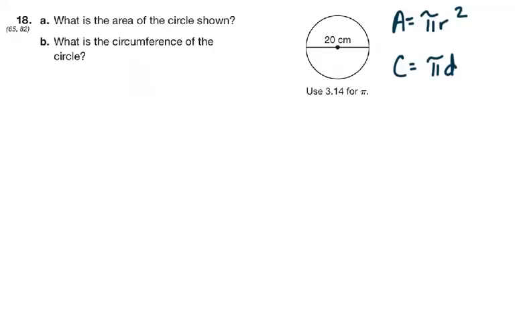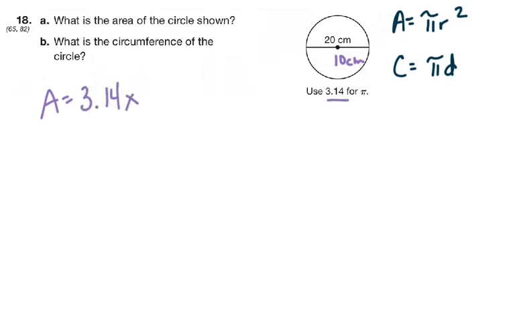All right, area of a circle. Hopefully you remember that's pi r squared. So pi r squared, well, they didn't tell us r, did they? They only told us the diameter. So the radius is half of that. So A equals, and they told us to use 3.14